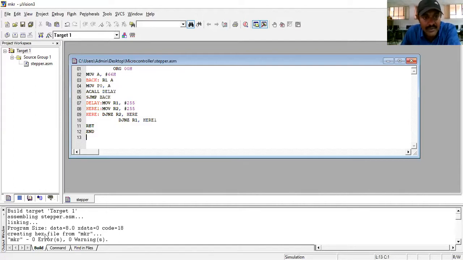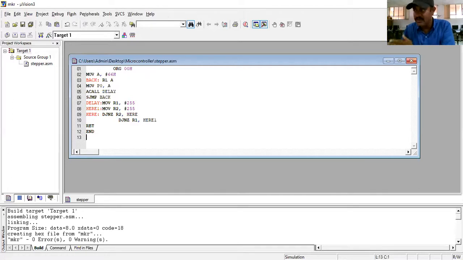Okay, next your X file is present in the PC. So I need to transfer that X file into where? Target board. Through what? USB cable. Okay, so through USB cable, I am going to transfer using one more software called Flip software. Okay, so I'm going to transfer your X file to where?